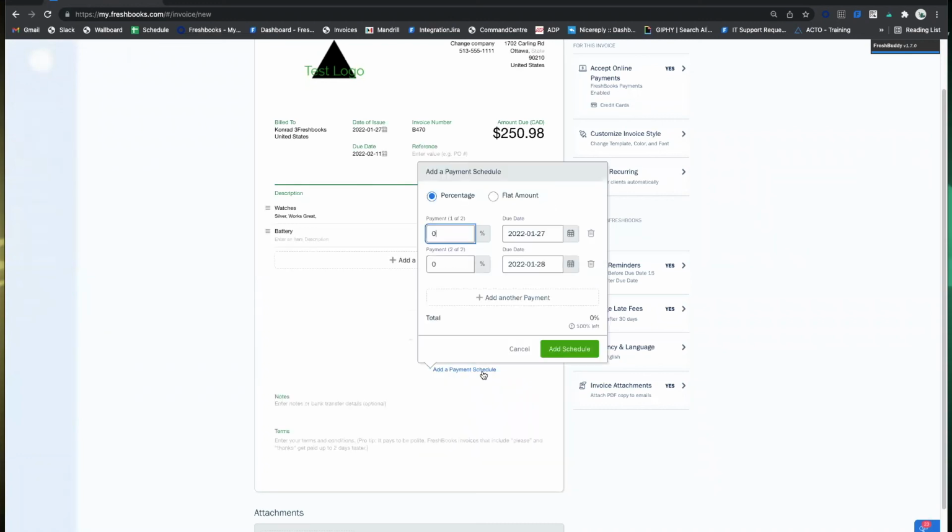There is another option called add a payment schedule, and this is more intended for people who want to have more than 2 payment schedules, or you don't want them to pay on the due date. I can actually set up a deposit on here the same way as the other button, so I usually always prefer using this method. But for example, let's just say I want them to pay $100 today, and then I